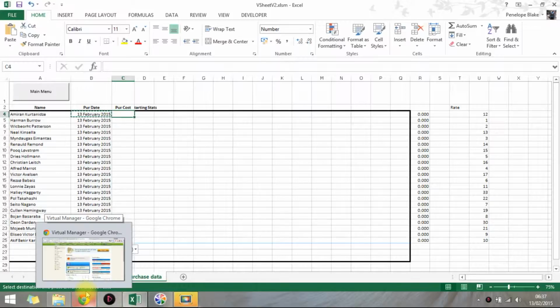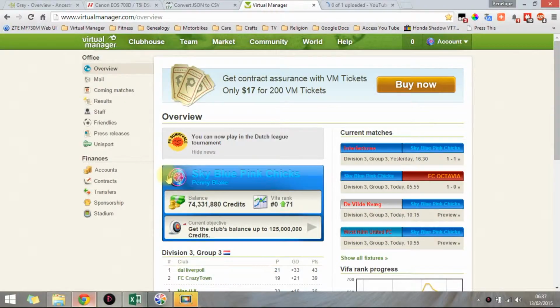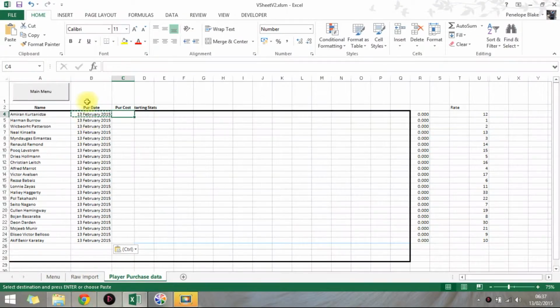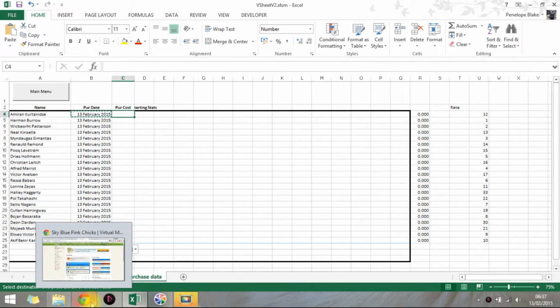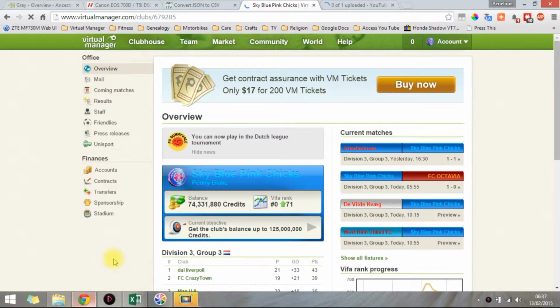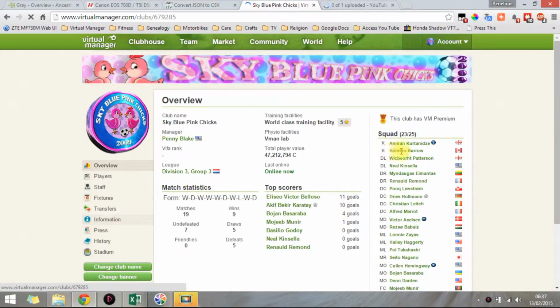It's going to be quite laborious to click on each player, look at the history, etc, etc. I'm going to recommend that you fill in 2 or 3 dates a day, depends how much free time you've got. But yeah, all you can really do is just click on the player, then click on his history, see how much you bought him for,